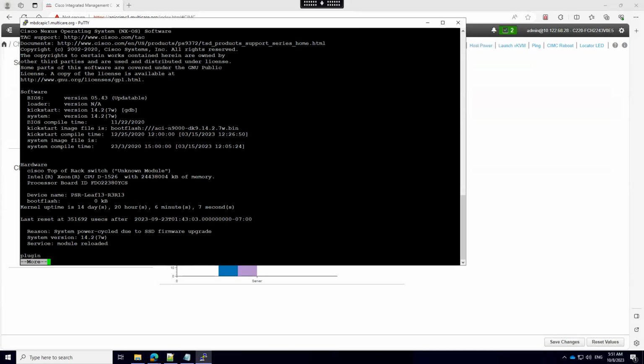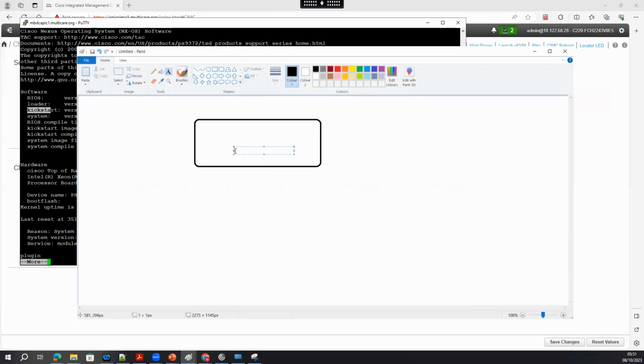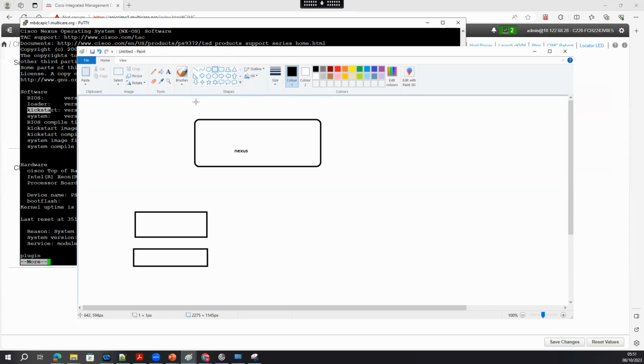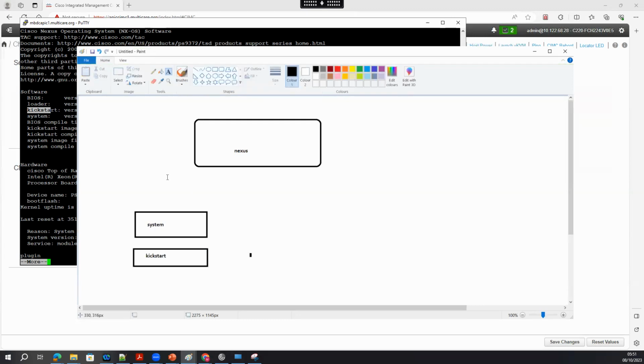Now, there are multiple types of image versions. When you go for the imaging, this is the Nexus image, and there are two types of Nexus image. One is Kickstart, the second is your system. This is for legacy NXOS.